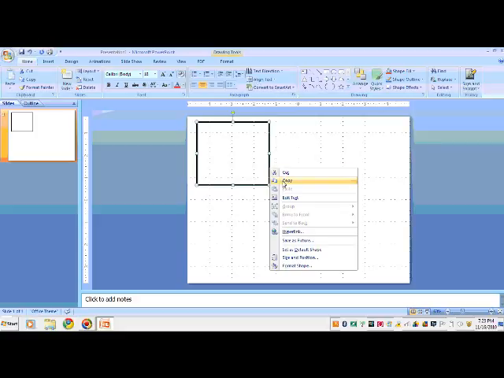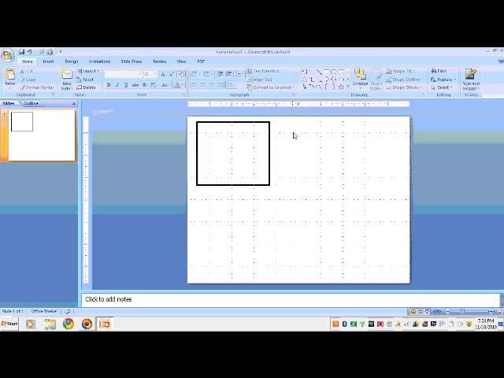After you've done that, you can hit Copy, click off of the square just in the middle area, and then right click again and hit Paste. Then you can click again on the line and drag your box to where you need to. Now you want your box to be in the middle, and you want it to be fairly close, as close as you can get to your line